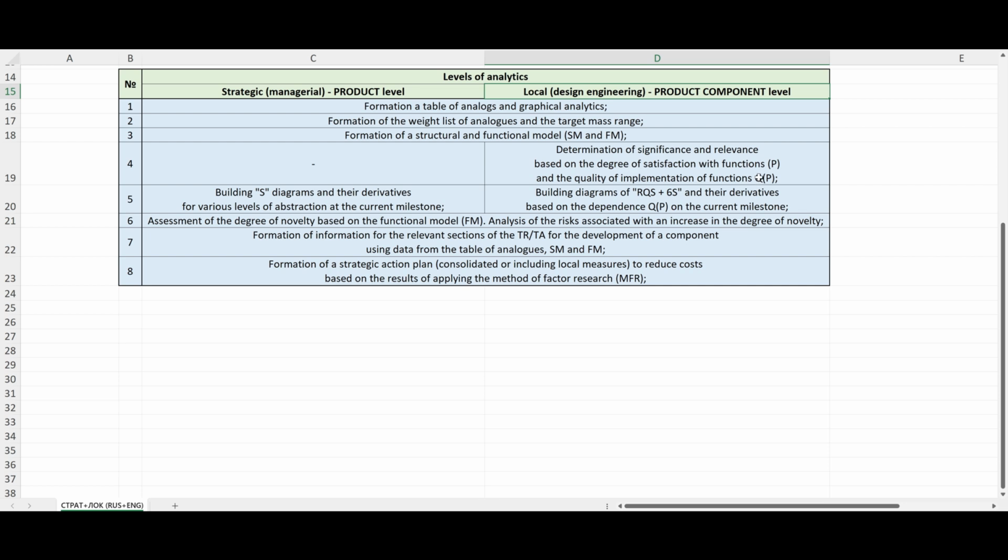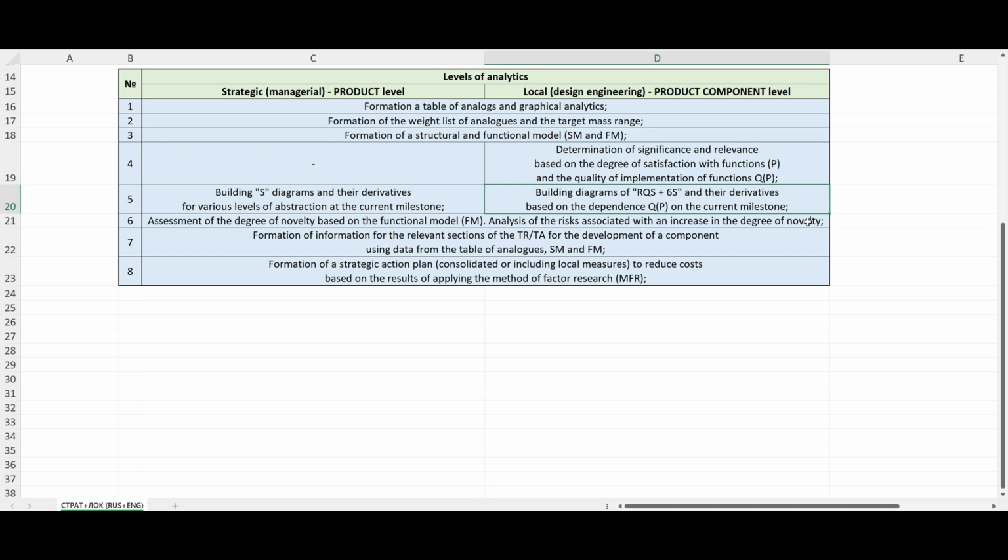in the following ways. First, formation of a table of analytics of the local lower or micro level. Second, formation of a weight sheet of analytics and a target mass range for the strategic or macro level. Third, formation of a structural and functional model at the local lower or micro level. Fourth, determination of significance and relevance based on the degree of satisfaction of functions and quality of implementation of functions. Fifth, building diagrams for UAS and 6S and their derivatives based on the dependence of quality of implementation on the